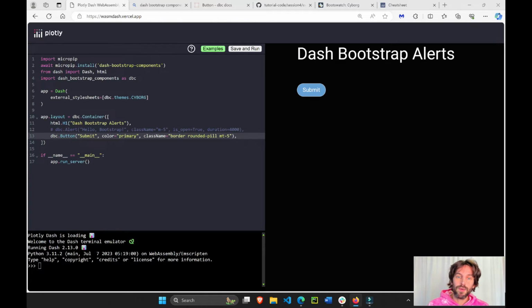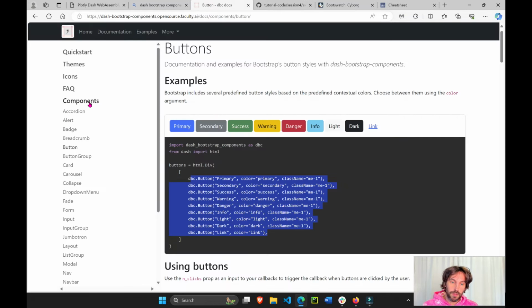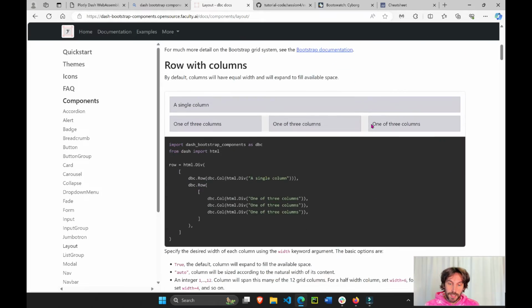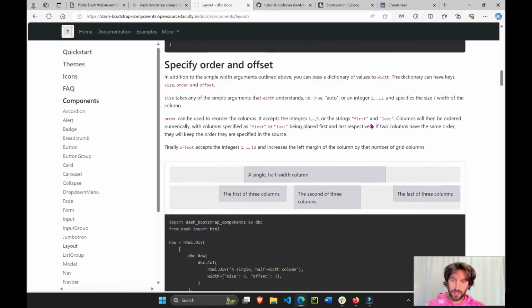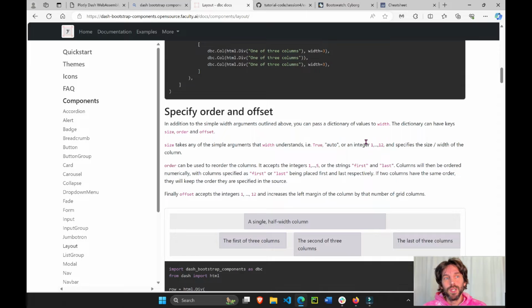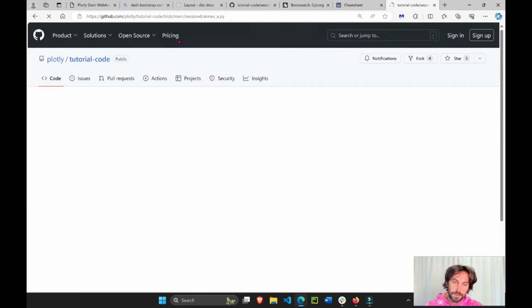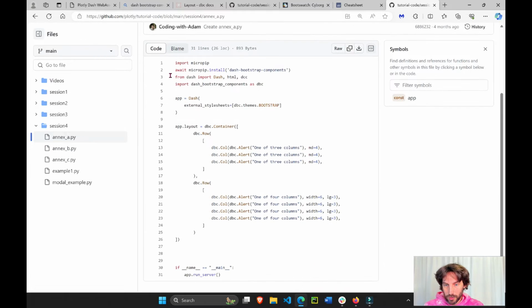All right, now we're going to focus on the layout. So let's go back to the home page, components page of the Dash Bootstrap components, and we're going to go to layout. This is a great chapter to read, especially the first 2 or 3 sections, to learn how to position the components inside your app, how to manage the layout. All right, let's take this code right here. It's annex A right here. I'm going to share this with you as well. Annex A, and we're going to copy everything,